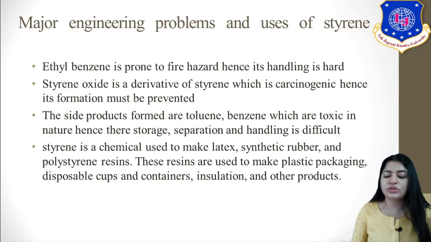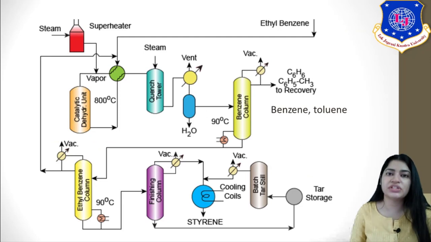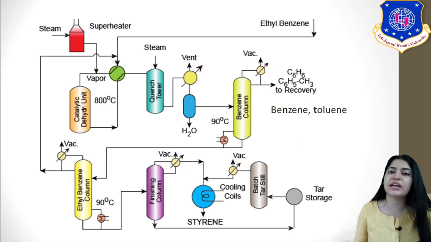As we saw, take the example of the quench tower where you are using steam. Why are you doing so? To stop the formation of undesired products. Here styrene oxide is one of the products. If styrene undergoes oxidation, it gives you styrene oxide. So to avoid that, you are using